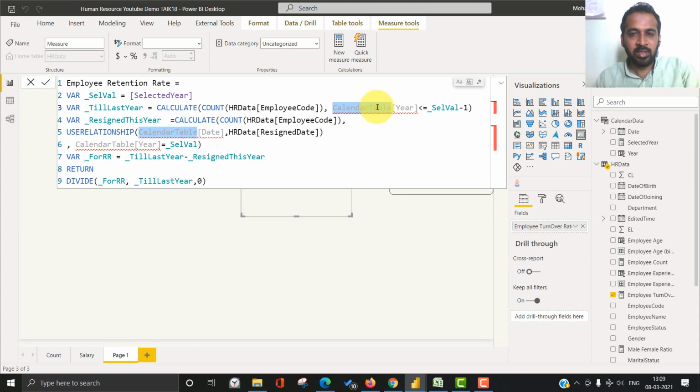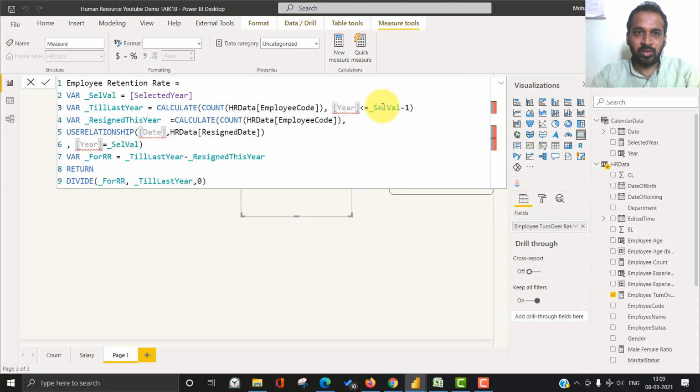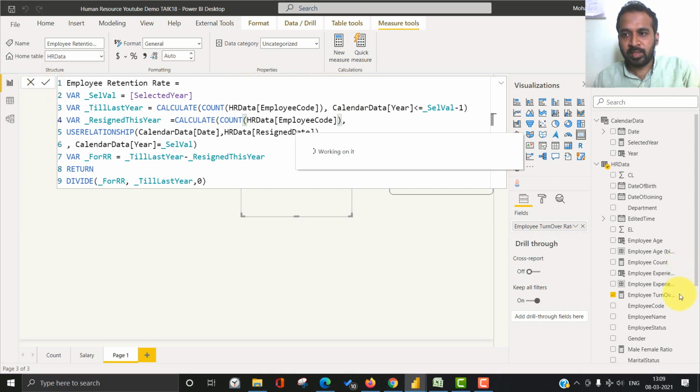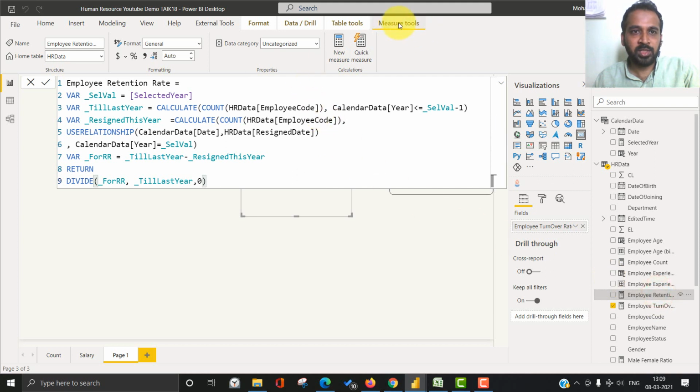Control D. Here, if we use Control D again, it will select all the values here. Now, if you want to change one thing, it is going to change every place here. Calendar date. See, it's changing for every place. That's the beauty of the DAX. Clicking on commit here, employee retention rate. So selecting this column here and measure tools, changing it to be percentage. Closing this,